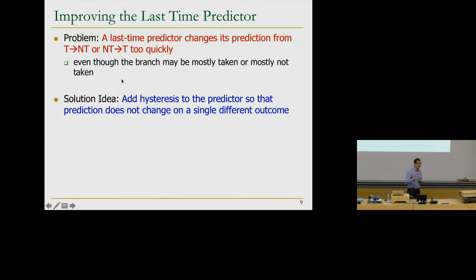So the solution idea here that people have developed is very effective. This was the state of the art for a really long time in computer architecture, at least for a decade. People added hysteresis to the predictor so that the prediction does not change on a single different outcome. So what's hysteresis? Hysteresis is basically some inertia that you add to the system so that the system doesn't change